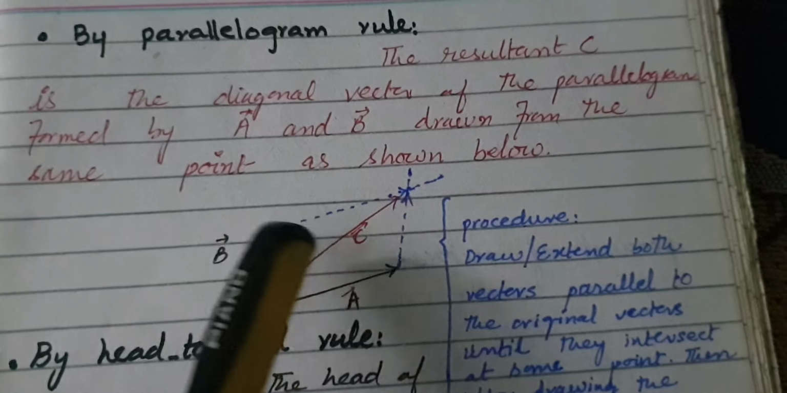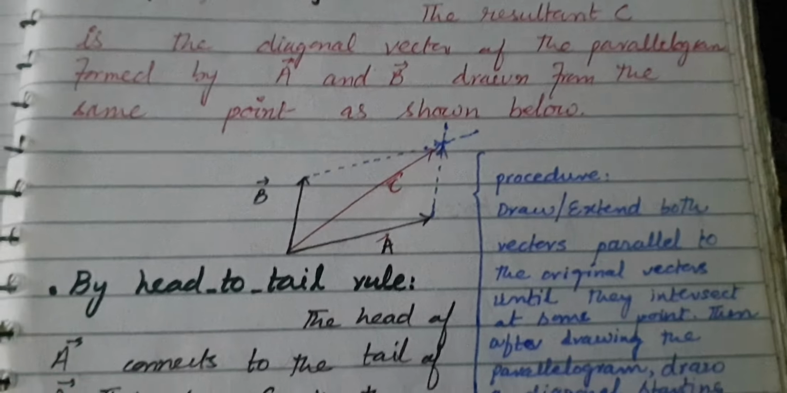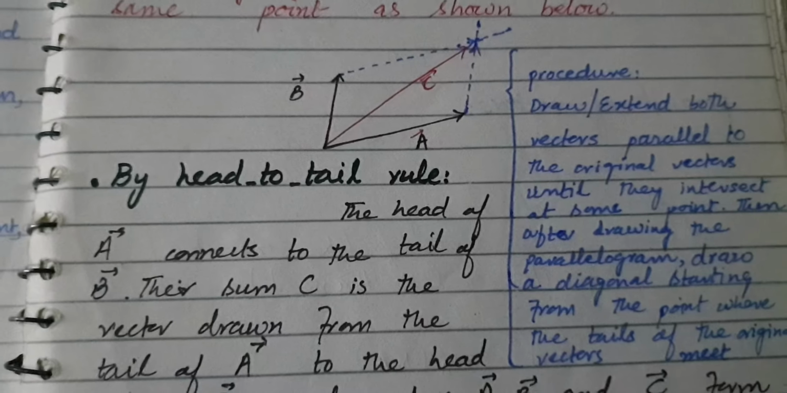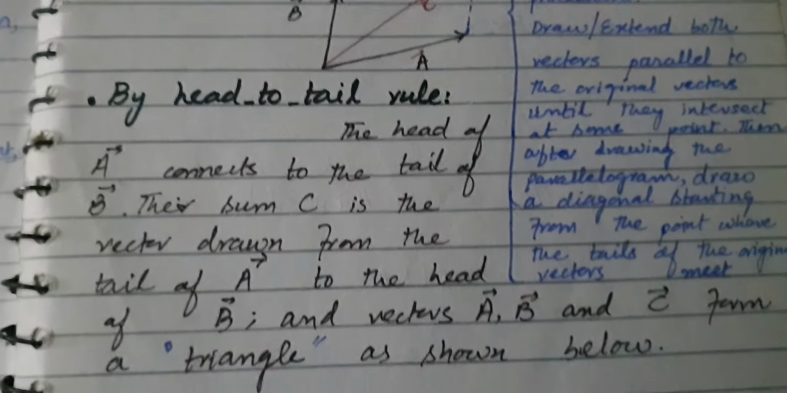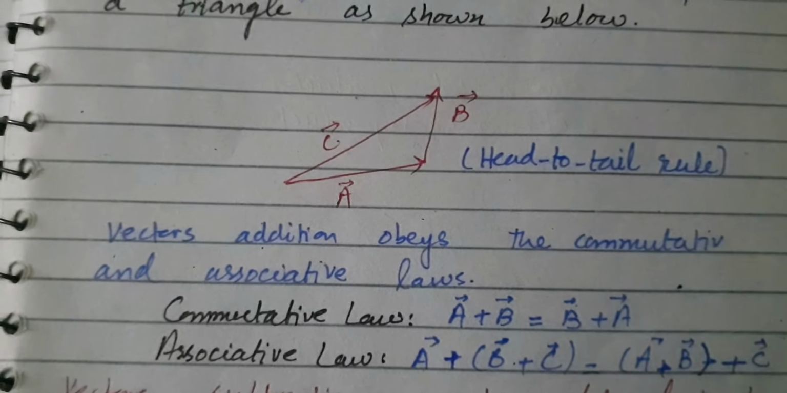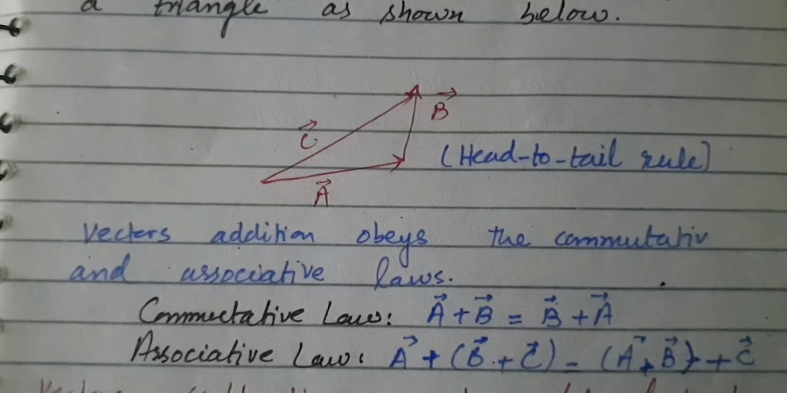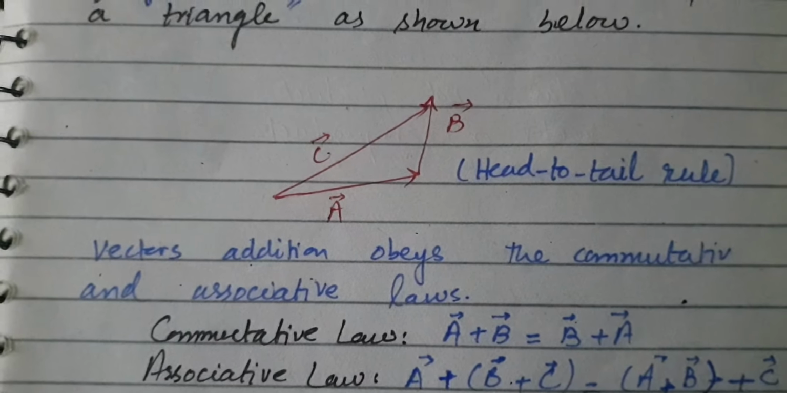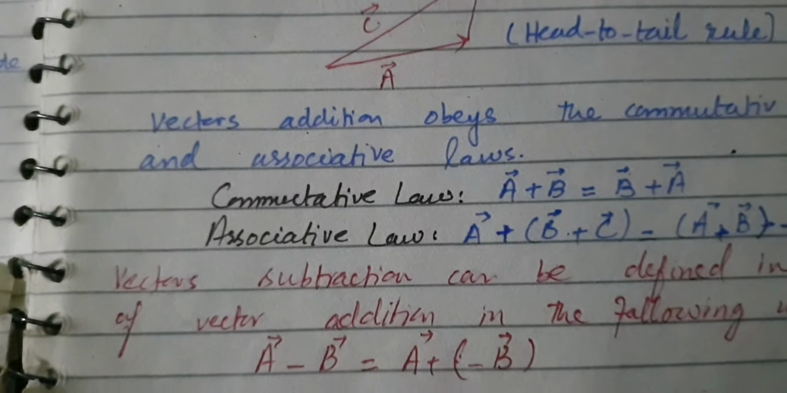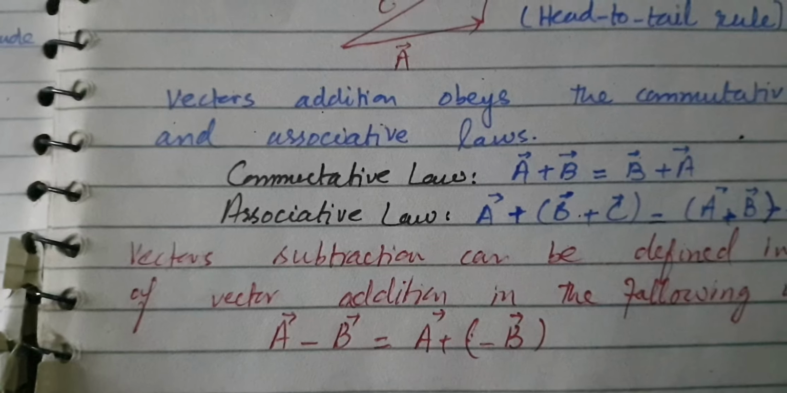So the vector addition is actually commutative. All right, so A plus B is actually equal to B plus A. This rule is as simple as you can see over here. All right, similarly the vector addition also obeys the associative law, and vector subtraction can also be defined in the same way,